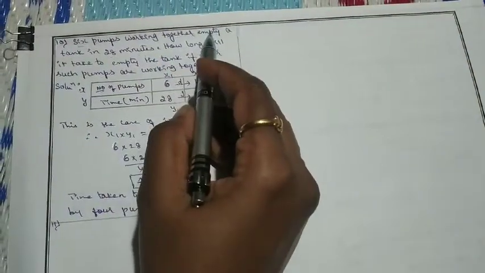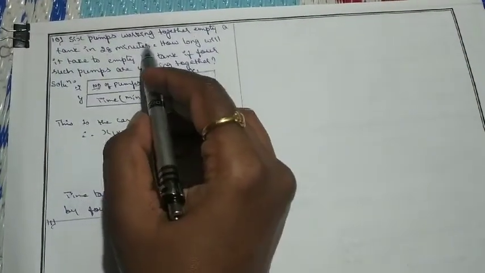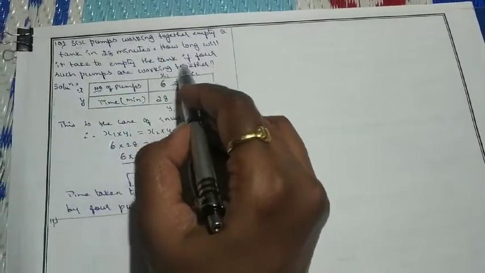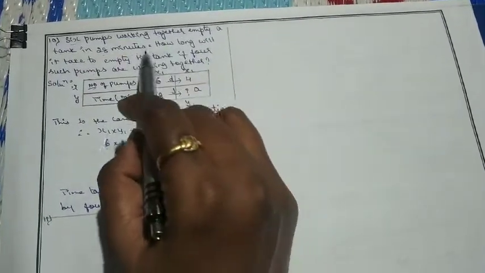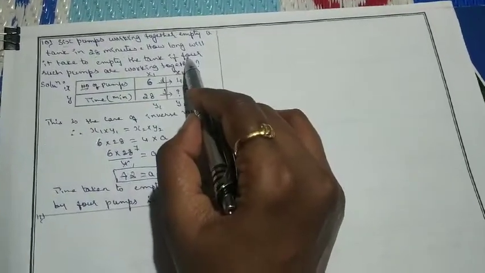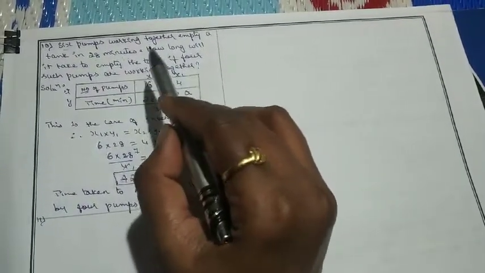10th question. 6 pumps working together empty a tank in 28 minutes. How long will it take to empty the tank if 4 such pumps are working together? So here the two quantities given are the number of pumps and the time. So here in this question 6 pumps are working together and empty the tank in 28 minutes. So if in place of 6, there are 4 such pumps, then how much time does it take to empty